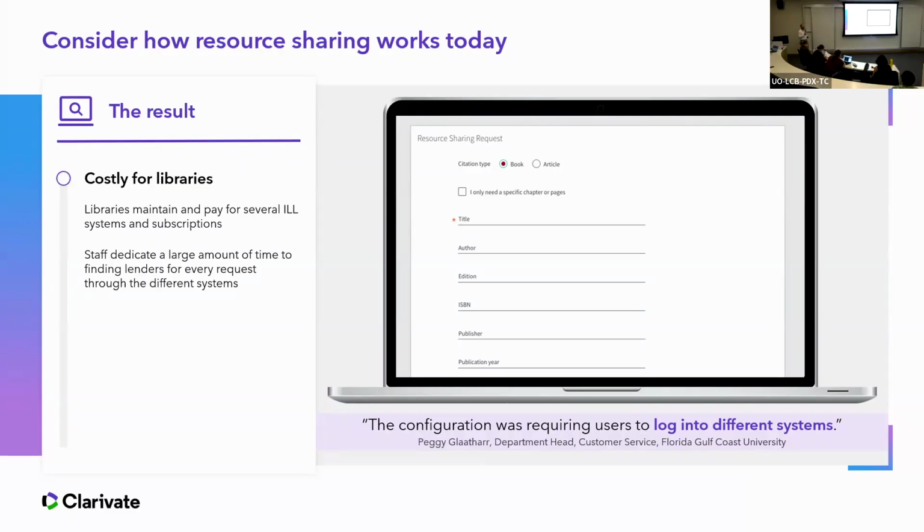I worked in interlibrary loan at Colorado State University for many years, and in terms of day-to-day, I would have to log into multiple systems to do my job, which gets to be a lot. So a lot of work, a lot of different systems. That was one thing that we were focused on. And the other was around the end user experience.